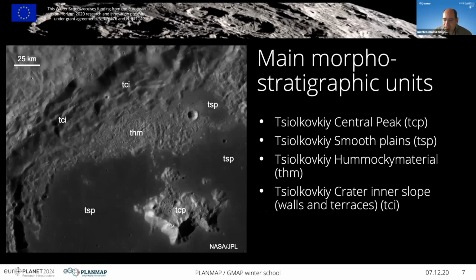If we go more in detail within the crater itself, we see that we have the central peak, easy to map. It's quite easy to distinguish. Then we have the smooth plains all around. Then we have this material here, which is knobby, called hummocky material, and it's due to the ejecta blanket that fell down again together with melts within the crater during the